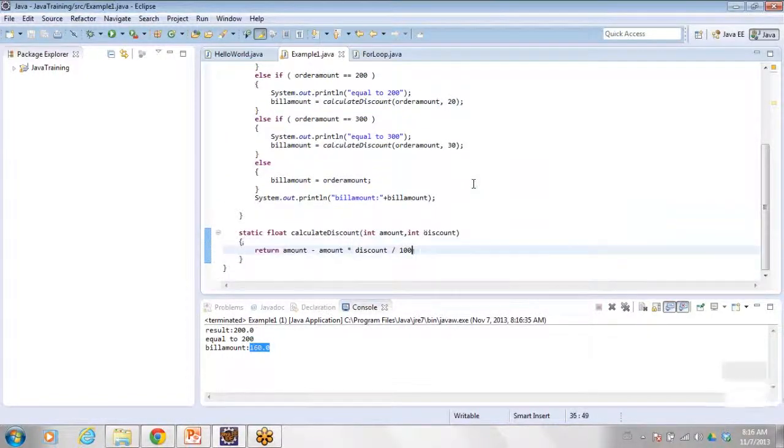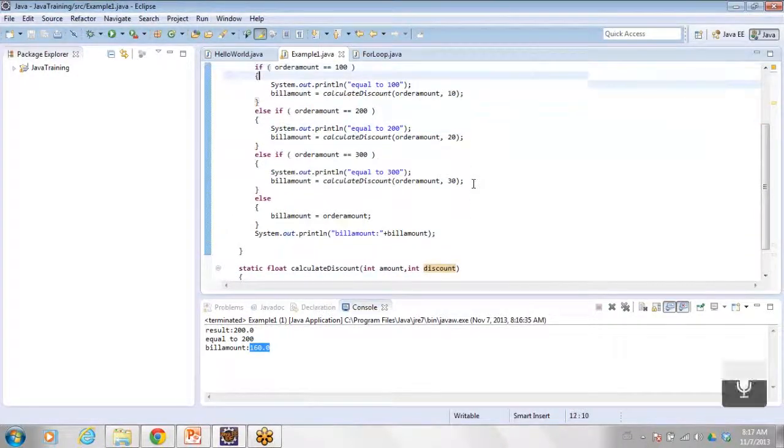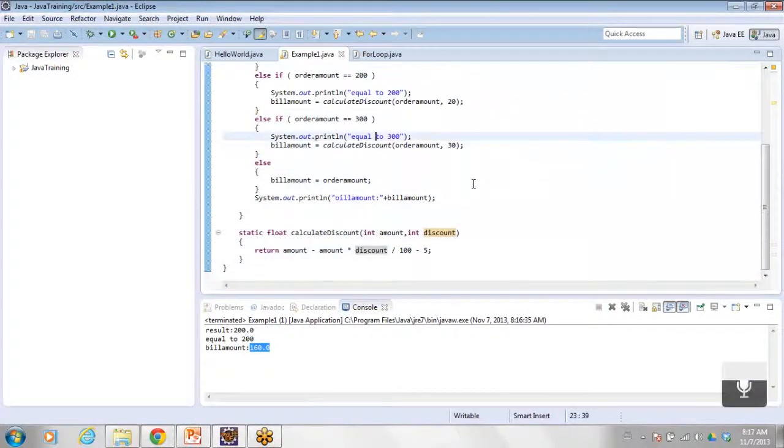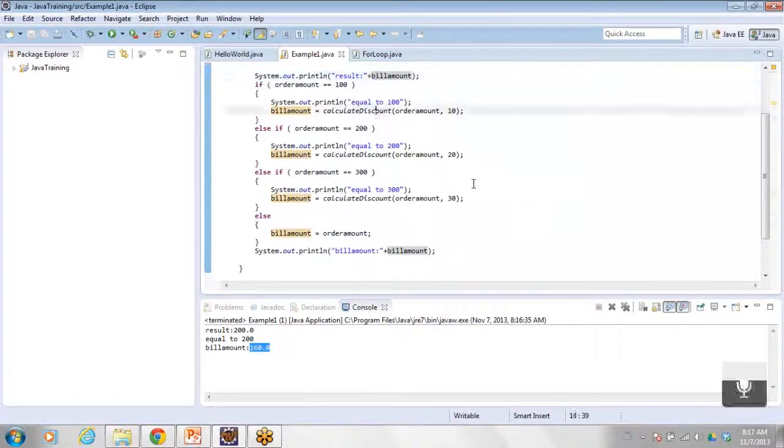Suppose I wanted to give a fixed $5 discount for all, I can just change it here. So you can change any calculation over here, and that will get affected in all the places.